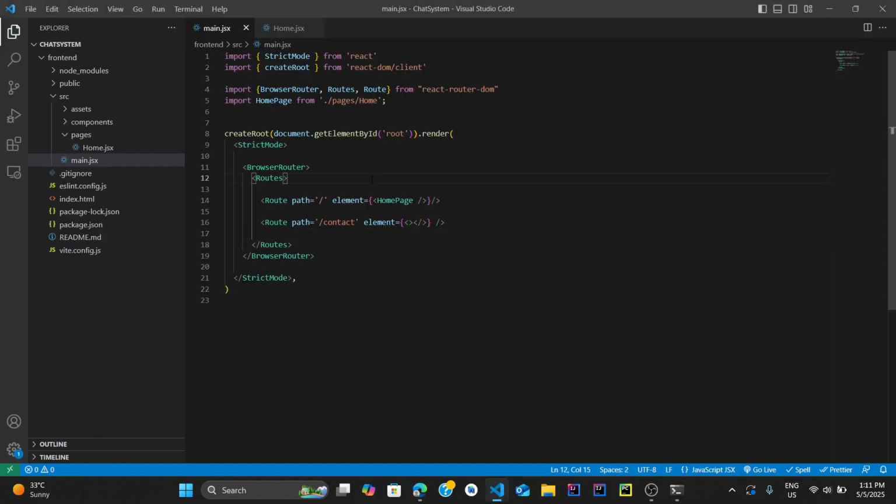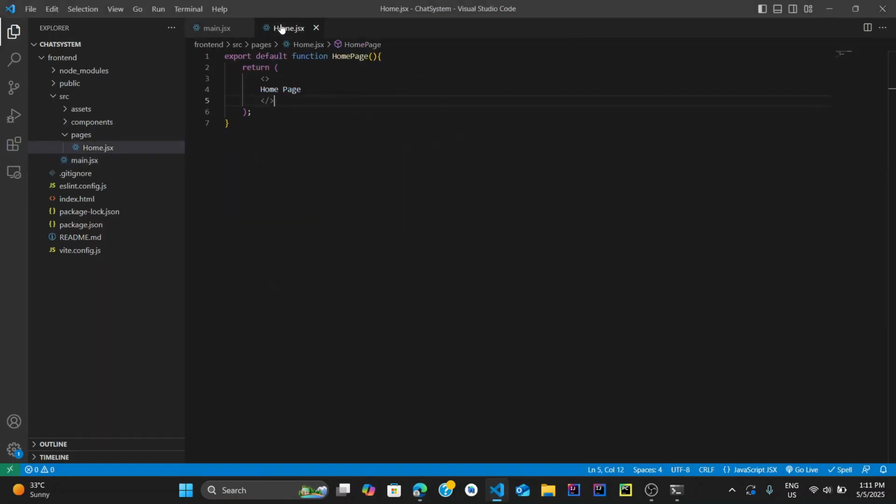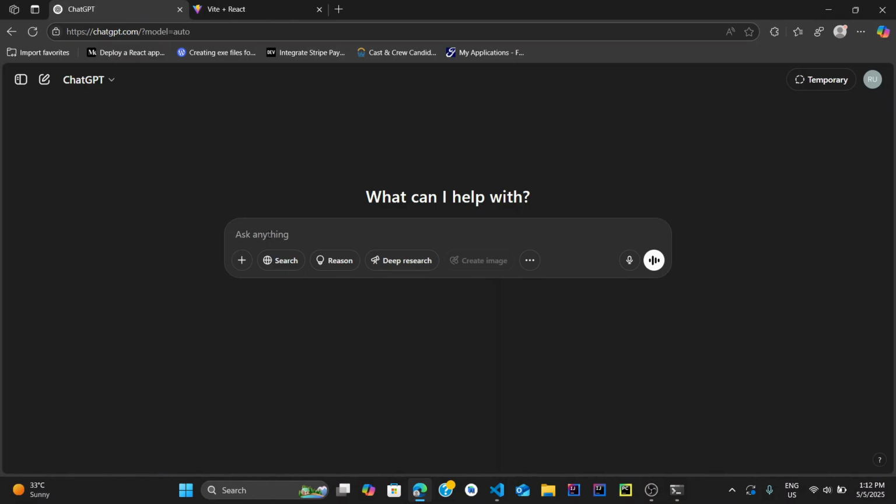Alright, now let's start getting the content for our home page to create some sections and style those. So to get the text content that we need to put in our home page, we're gonna use ChatGPT to generate a text content for us. So we can ask ChatGPT, can you give me the text content to put in the home page